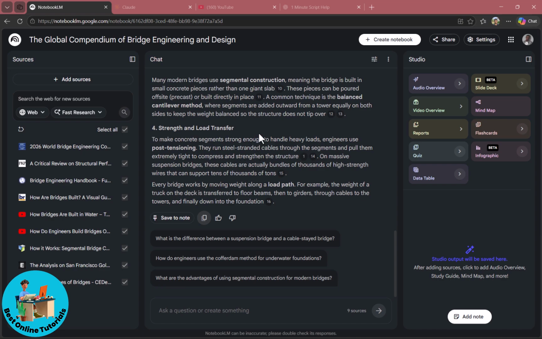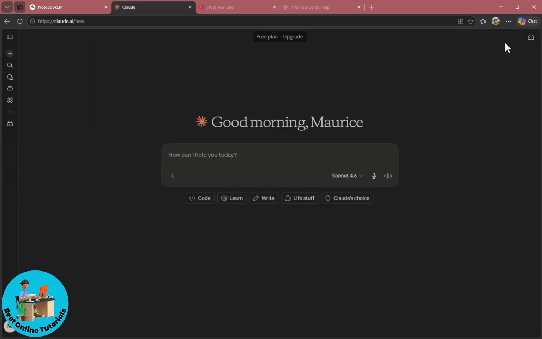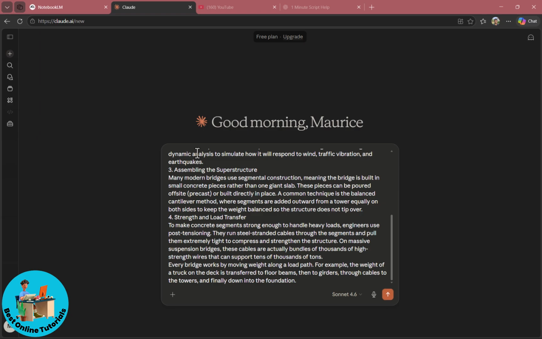And then the next step would be to simply paste your results in Claude. So open up Claude and basically sign into your account. Once you've signed into your account, all you need to do is just simply use the Control key and V on Windows to simply paste in what you've copied. Now, once you have, you could just go ahead and ask it to either summarize or go into deeper analysis